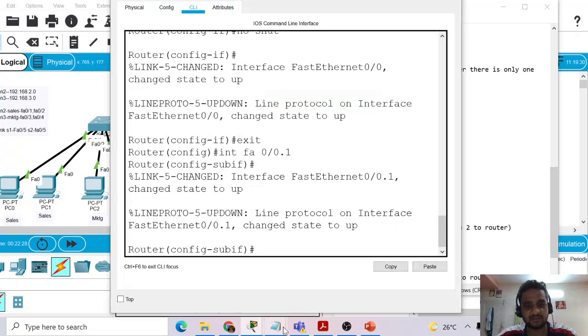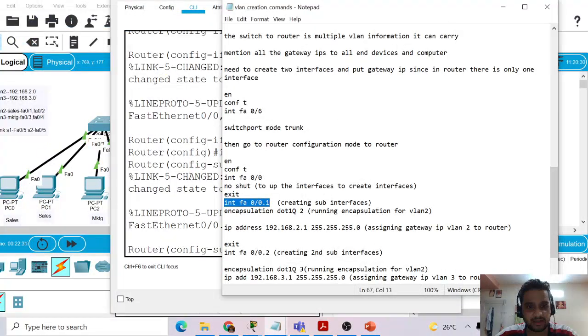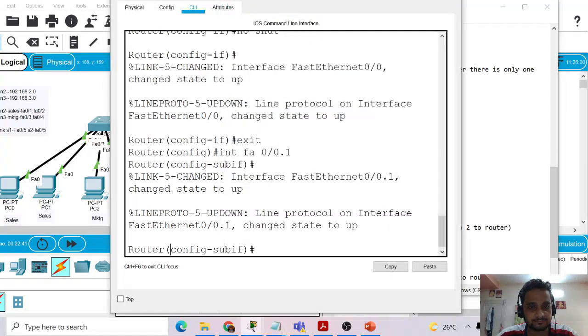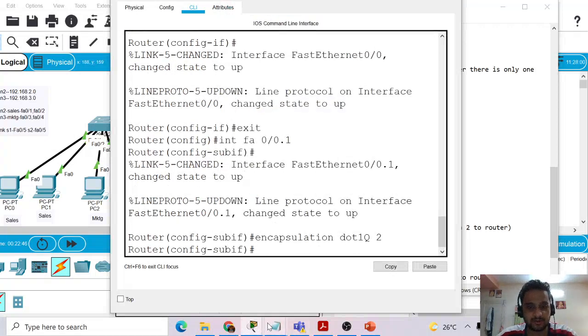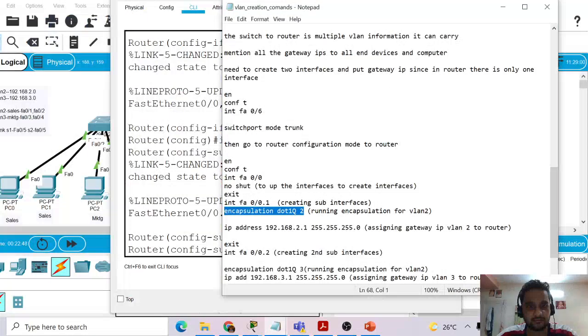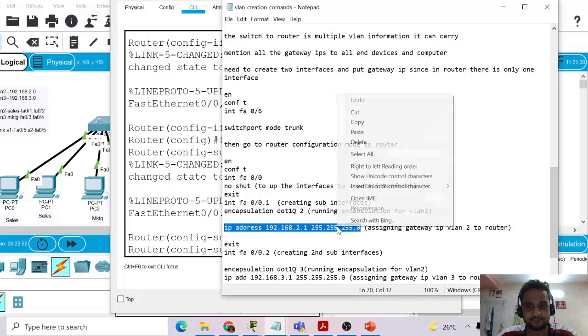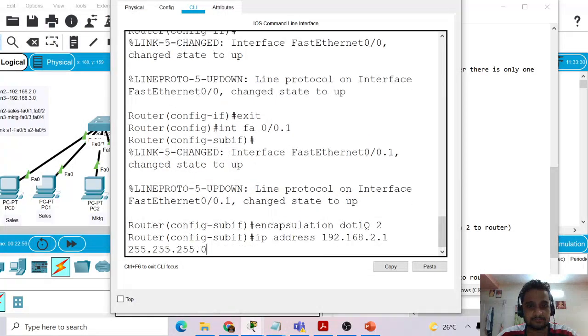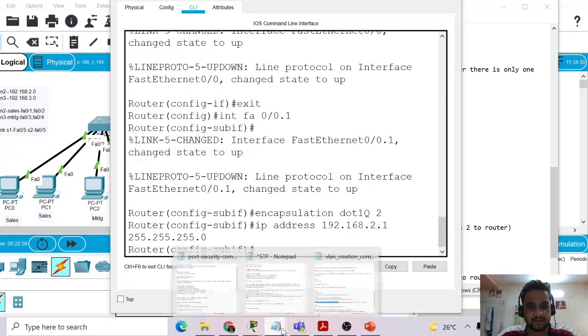This is the first interface for the second VLAN, and here I am giving the encapsulation command for VLAN 2, because the encapsulation command needs to be given, otherwise it won't be able to communicate. And the gateway IP address I am providing. Okay, I have provided it.